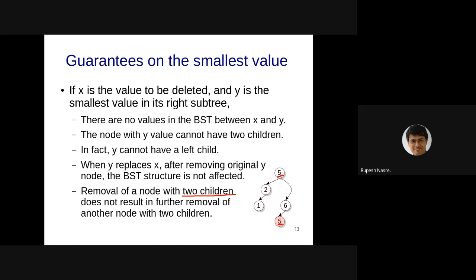But this can also be implemented in the other way that you are saying. Since we know that in this case the original node was 4, what we could do is that 4's left and right children can be copied as 5's left and right children in this case, and then delete that particular node, because what is likely to happen is that we'll have to delete one of the nodes.